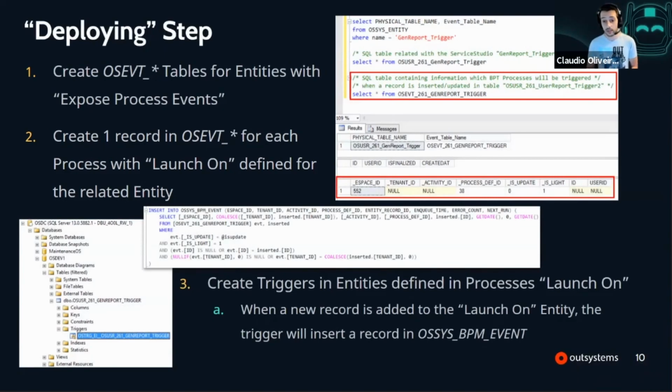Still on the deploying step, when you publish your module, the platform will also create a trigger in the entity, on the gen report trigger. In this case, it would be on the user table, and the trigger will be created on this specific table. This trigger will be used to insert on this OSIS BPM event by querying the event table